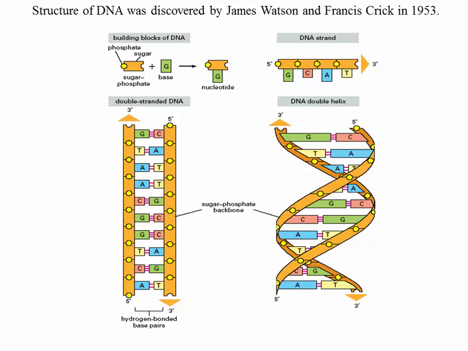Then you'll have two strands where the DNA bases are going to be complementary to each other. G on one strand is always going to pair with C on the other through 3 hydrogen bonds. You can see that here. A on one strand will pair with T on the other through 2 hydrogen bonds. And so now you have a ladder. The rungs of the ladder are made up of those DNA base pairs, and the sides are made up of the sugar phosphate backbone. And then this thing twists around itself to produce something that looks like a spiraling staircase. And this is the famous double helix that you see all over the place.